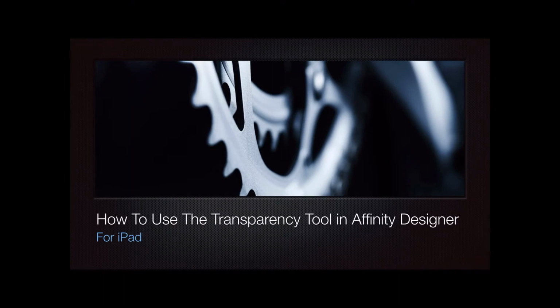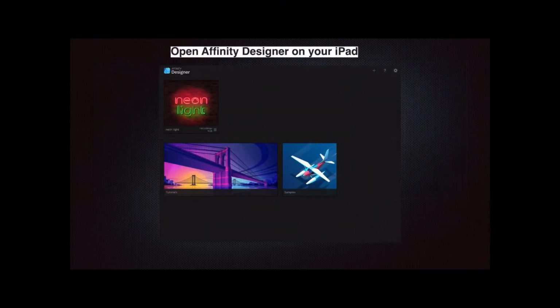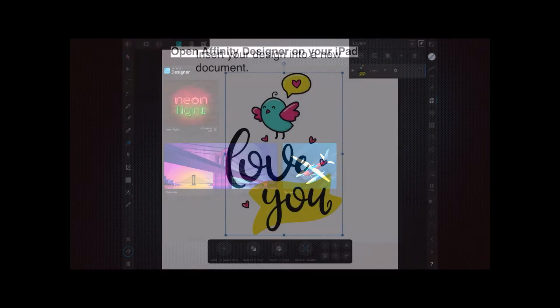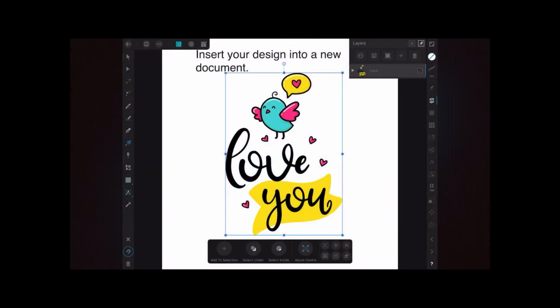This is a video on how to use the transparency tool in Affinity Designer for iPad. The first thing we have to do is open Affinity Designer on your iPad. Straightforward. Now, insert your design into a new document,